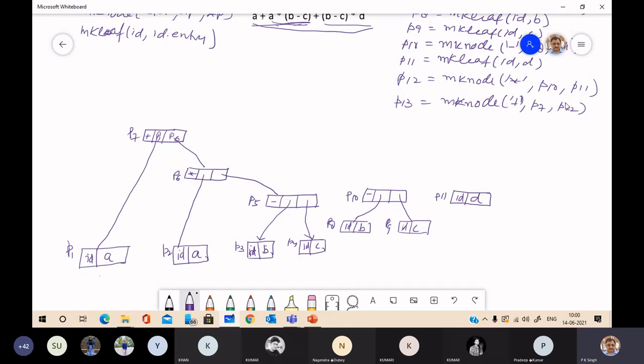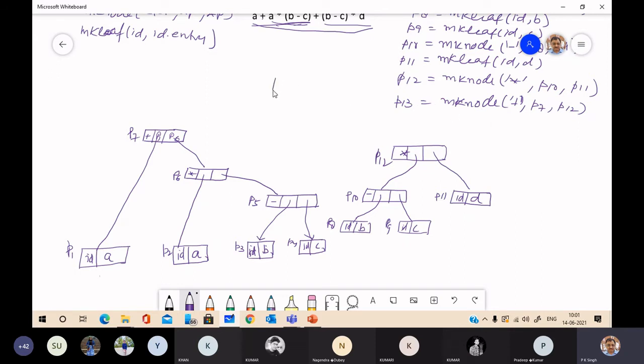Now P12 is an internal node, is created like this. It is asterisk, link to P10, link to P11, and what is this? This node is P12. Now we create a new node.